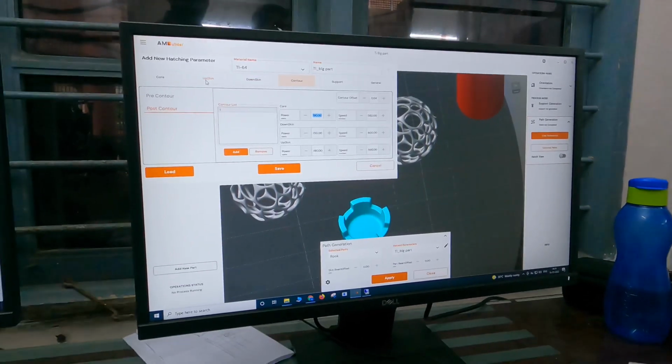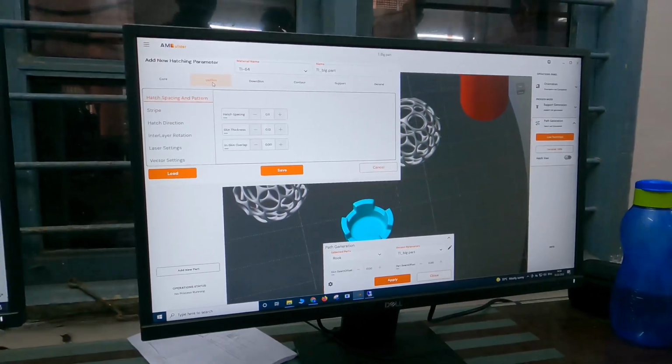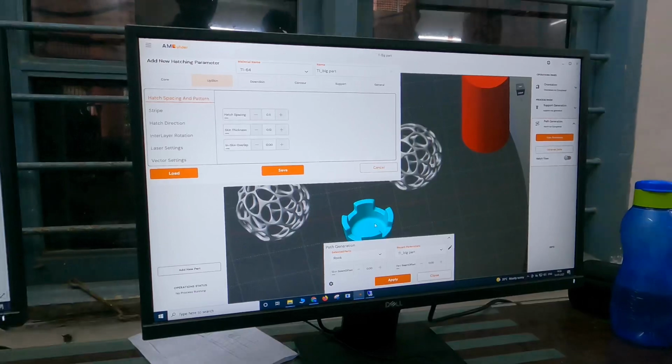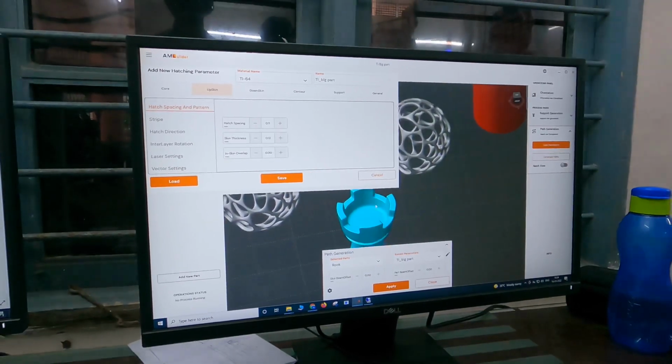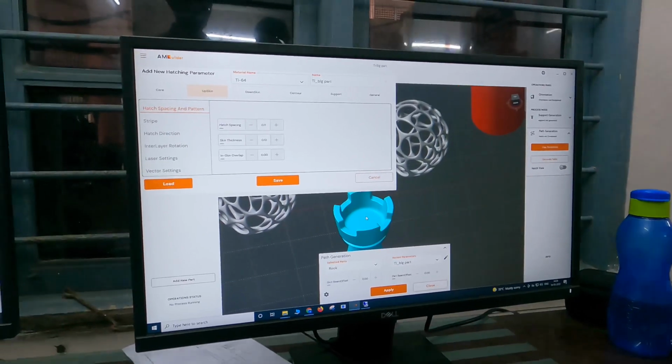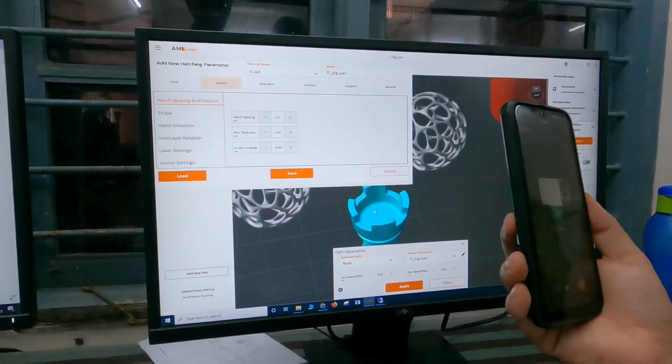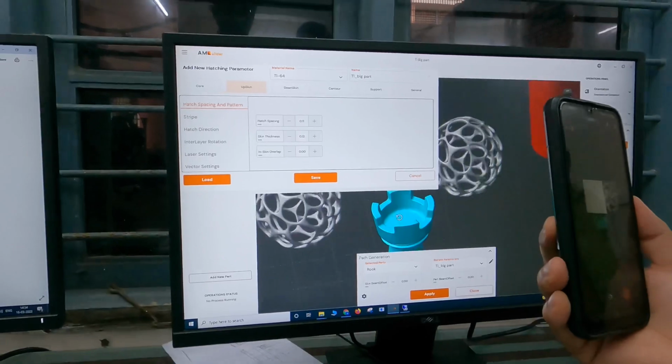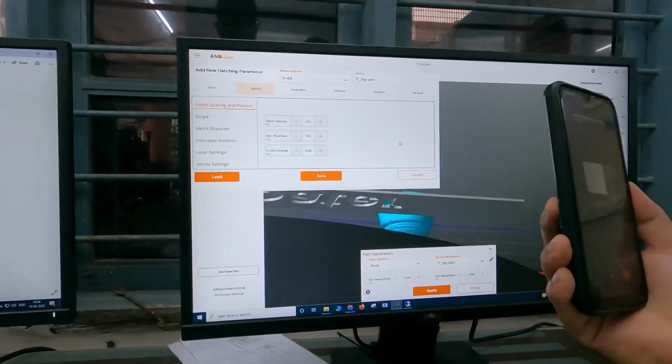Upskin and downskin is another option. Upskin means the top surface. If you see this example, this is the top surface of the rope. So we can define another set of parameters for this surface. Similarly, if you look down here,